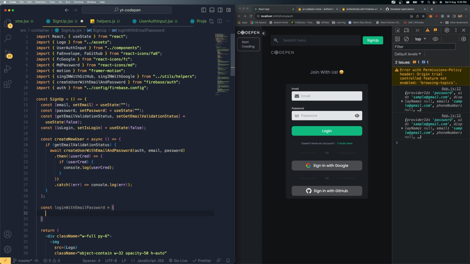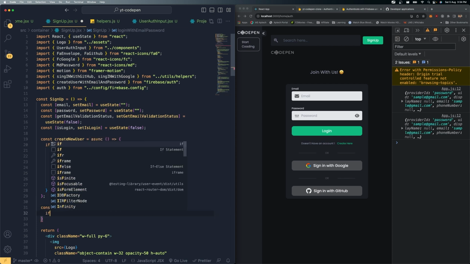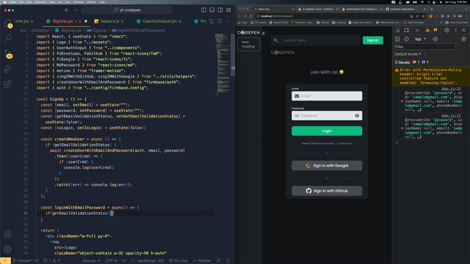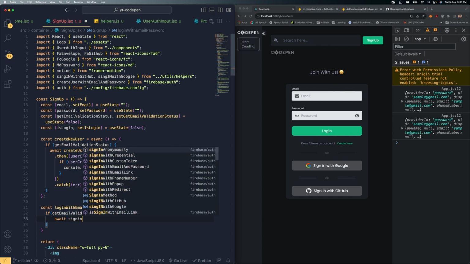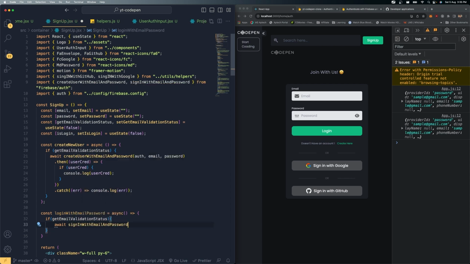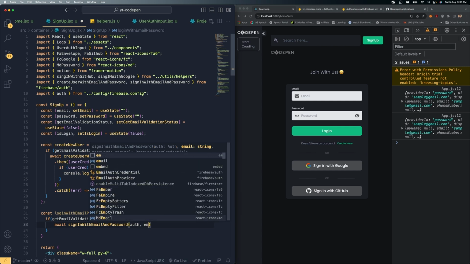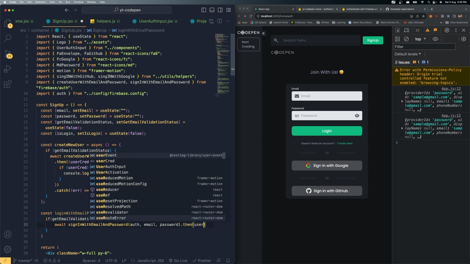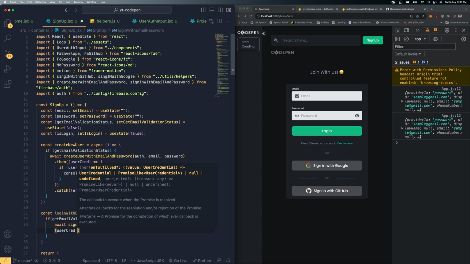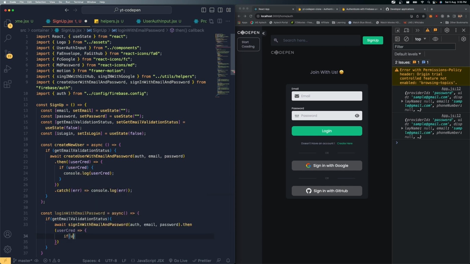open it. Oops, this is supposed to be a function, right? And this function is supposed to be an async function, right? So here what I'm going to say is, if getEmailValidationStatus is true, then await signInWithEmailAndPassword, open it, send your auth, send your email, send your password. That will give you the .then promise, that will return a promise. You will get your user credential over there, userCred, open it. If you have the userCred,